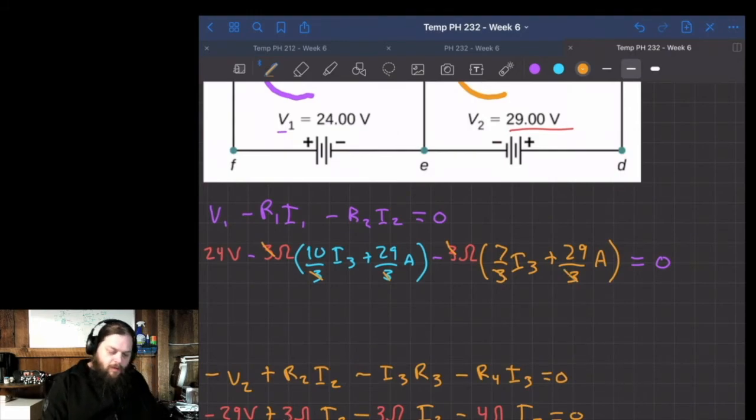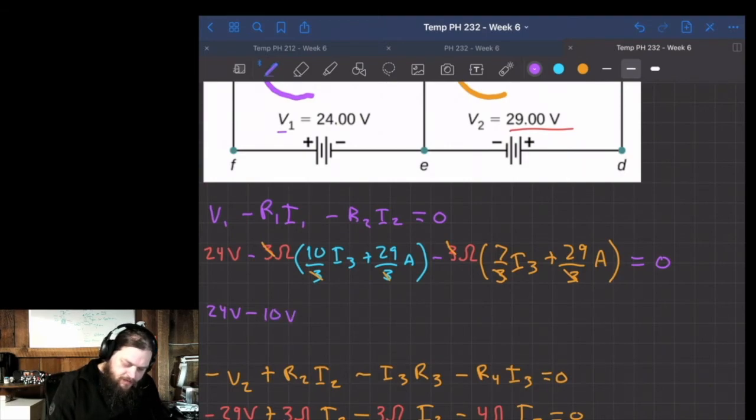And when we multiply that ohms times amperage, we get voltage as well. So just following this, it's going to be 24 volts minus 10 volts plus 29 volts. Oh, I left out the I3, so this should actually be here. So that's going to be 10 ohms, because we're just multiplying that ohms times I3, plus 29 volts